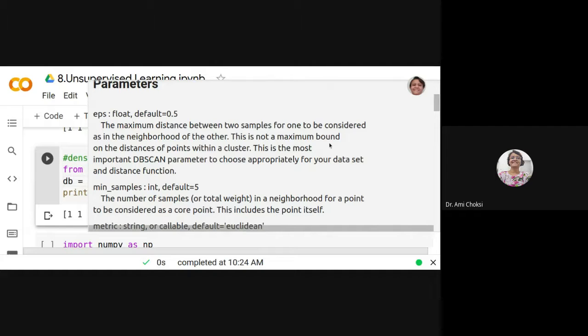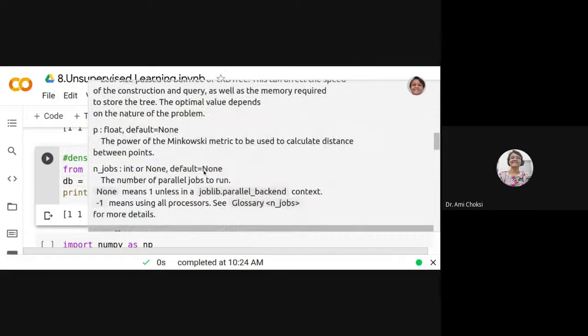This is not a maximum bound on the distances of points within a cluster, right? So this is the most important DBSCAN parameter to choose appropriately for your data set and distance function, right? So this is what we have set.